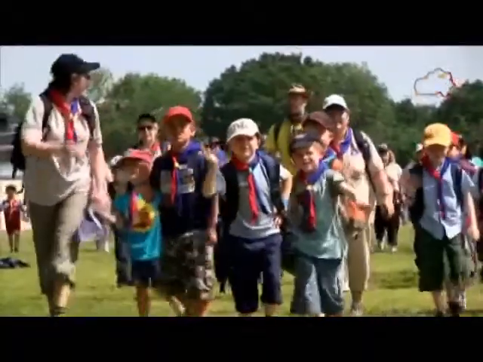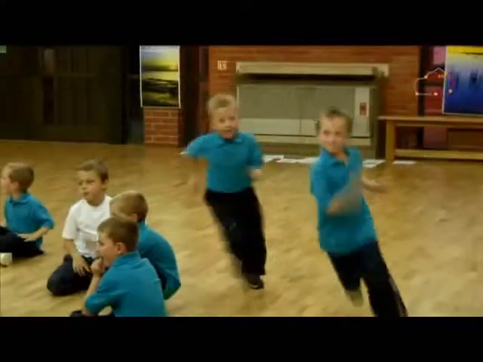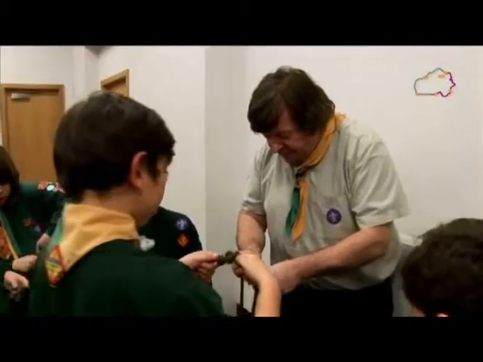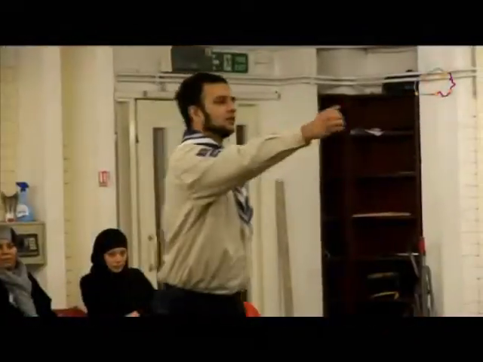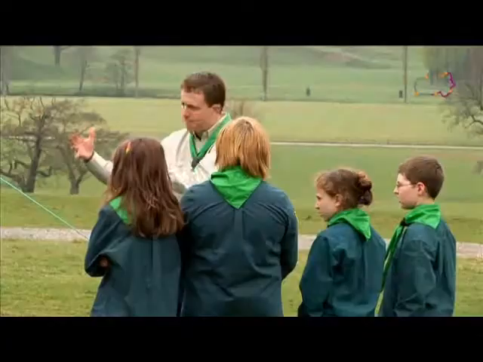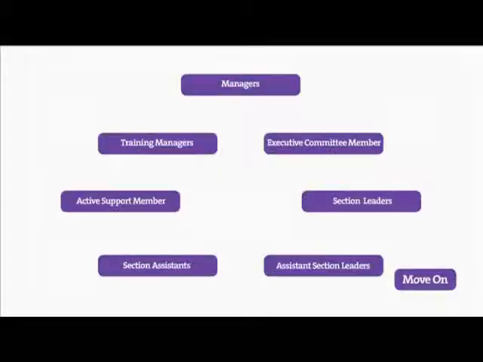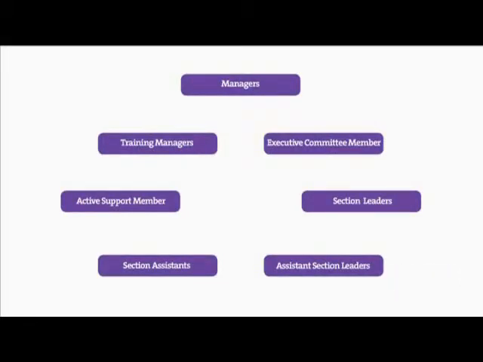All young people in Scouting belong to a section. A section can be a Beaver colony, Cub pack, Scout troop, Explorer Scout unit or Scout network. A number of adults will lead each section as part of a leadership team. All of these roles are voluntary and are supported by other volunteers within the structure and the country headquarters staff.